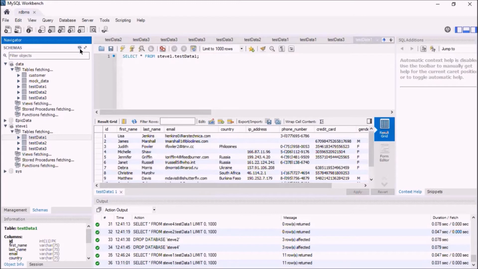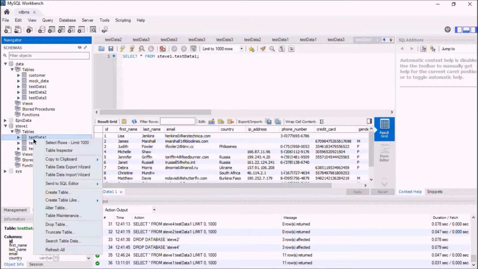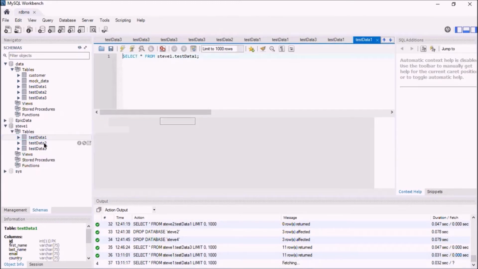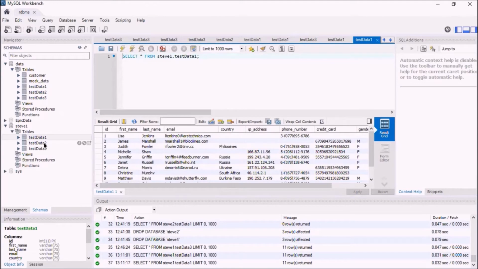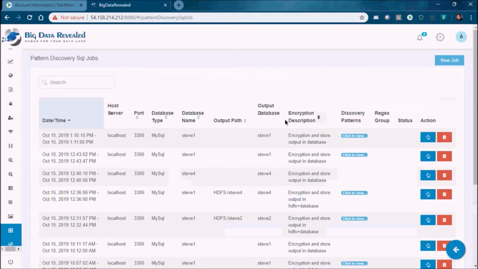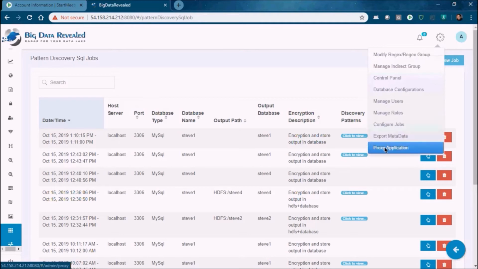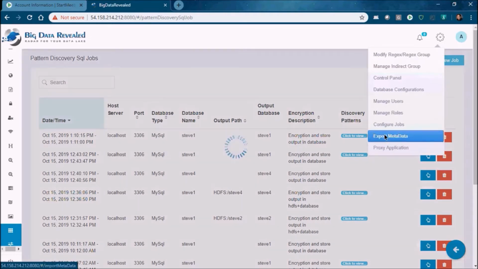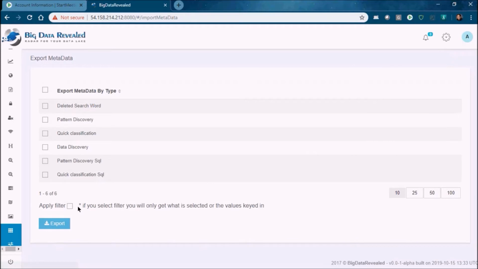Now I'm going to refresh until the job is completed, and once the job is completed, we're going to see that they are encrypted. While that's running, I'll take advantage and just run into our metadata to show the importance and the